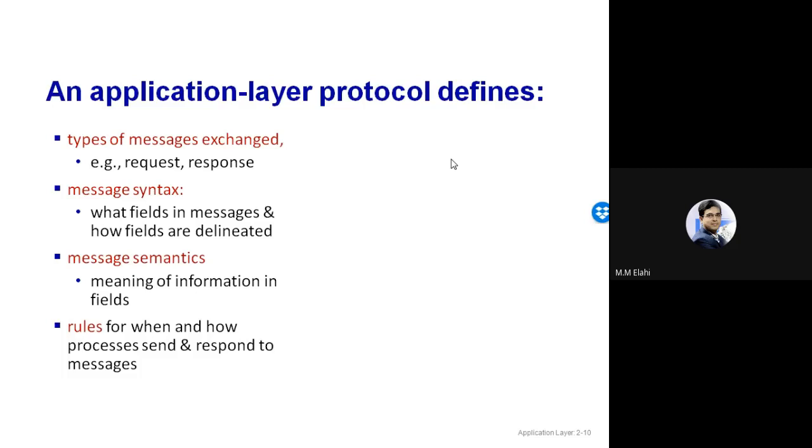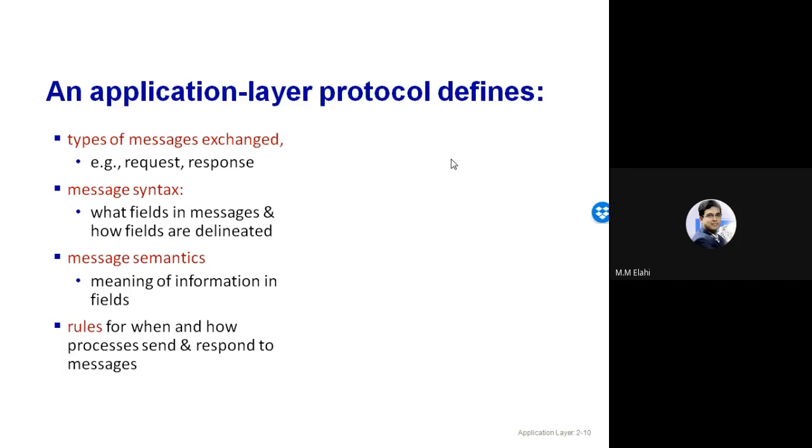I think we have discussed the different things defined in an application layer protocol. There are 4 things. First one, types of messages. Like in HTTP, there are only 2 message types: one is HTTP request, one is HTTP response. We'll see that shortly. Then syntax. Syntax means actually the grammar, that means the format and order of messages: which field comes first, which field comes later. Then semantics, which is the meaning of a particular field.